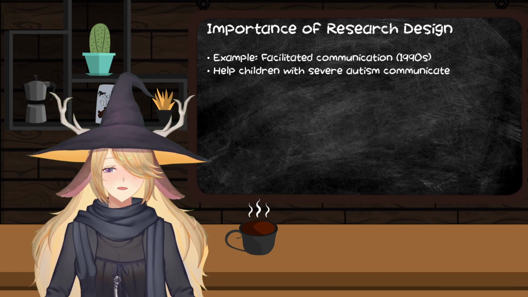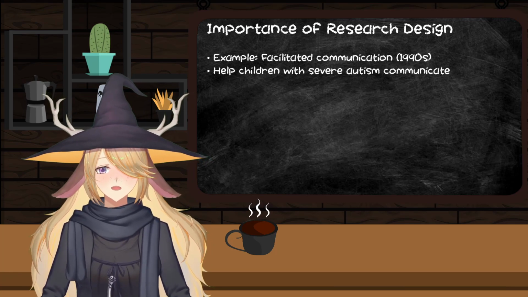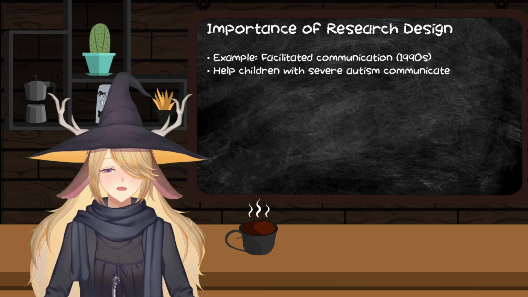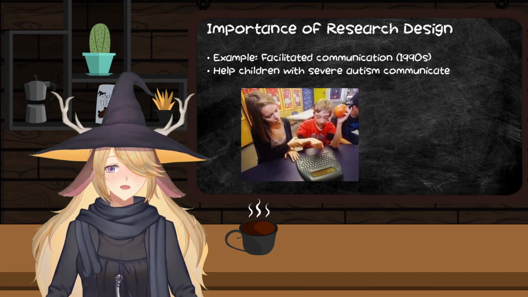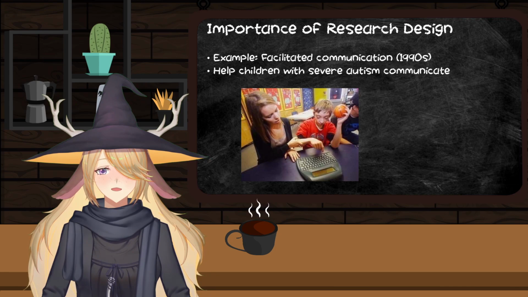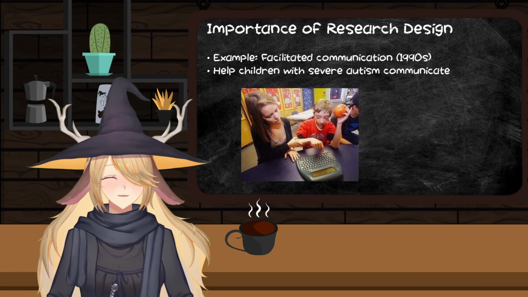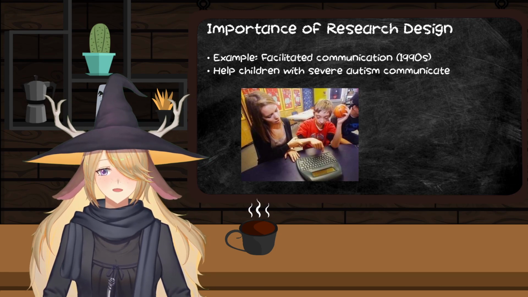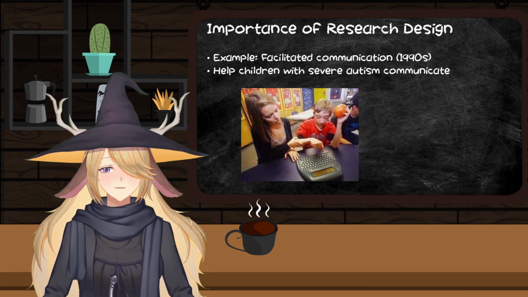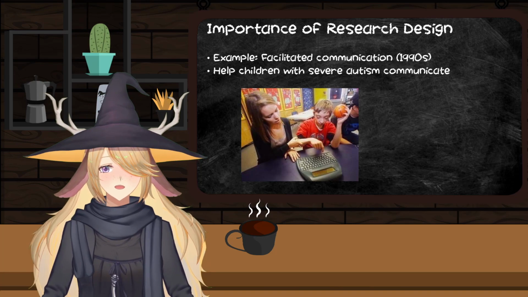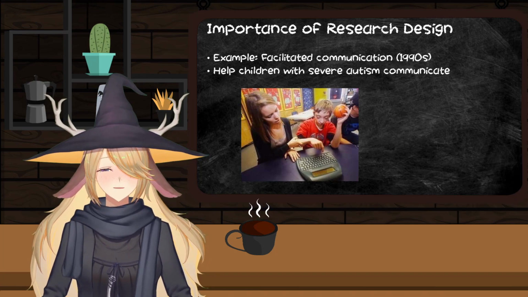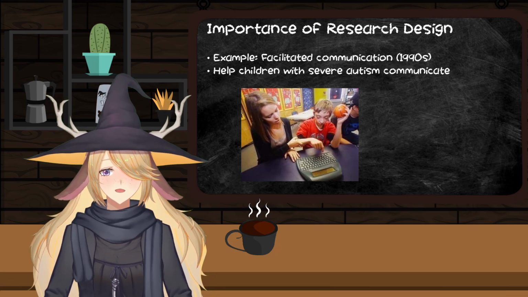So there was a period where there was a very vogue therapy called facilitated communication, which was used to help children with severe autism communicate. The general idea is that you had a trained, quote unquote, trained facilitator who would work with these children that had severe autism and typically were nonverbal, would sort of hold their hand or hold their wrist and facilitate or help them in using a keyboard to communicate.